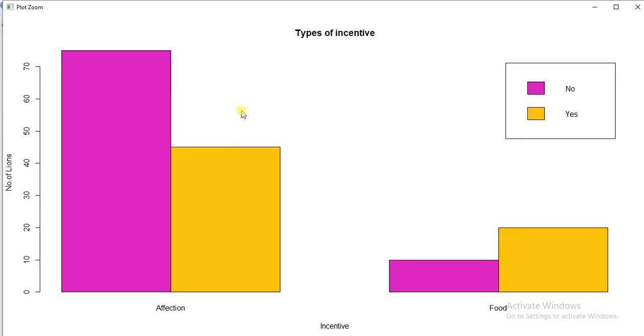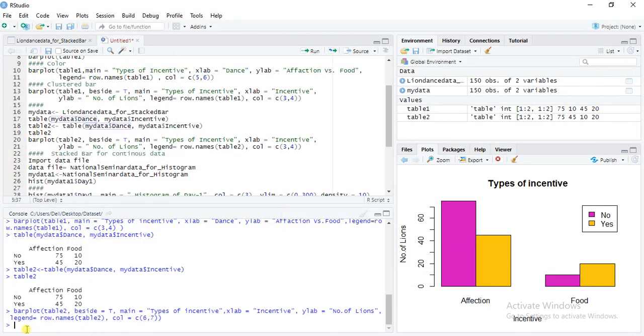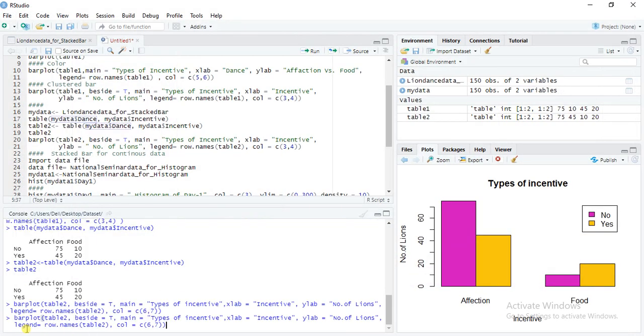Now we can see our graph here. So there are two incentives on the x-axis and number of lions on the y-axis. We can give another color. We just change the script here, 6 and 7.